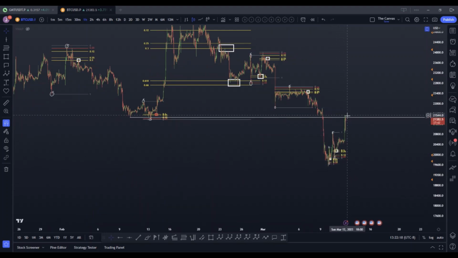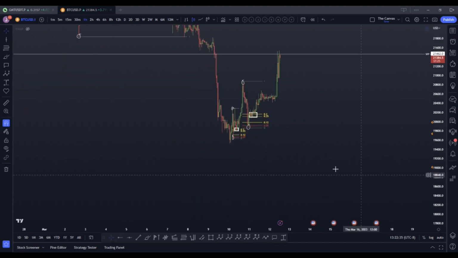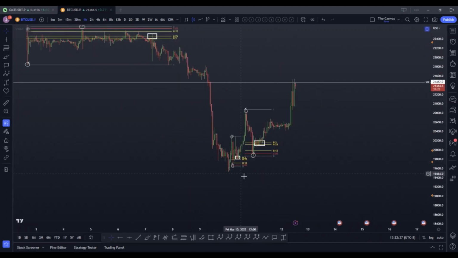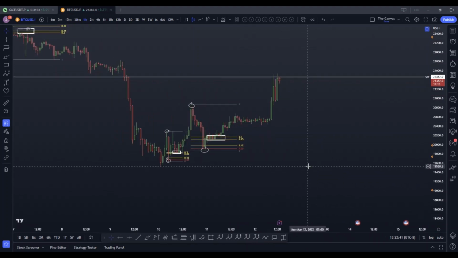Now, if you have some kind of count that you're looking for, WXY, or this is W, ABC back down, X, and then Y again for potentially a bigger W, because we already see a mini one. But if we're looking for that bigger one, then that's on you. The thing here is, when you're at the low, you're not looking for shorts. So with context in mind, with how far we've already dropped, we want to be looking